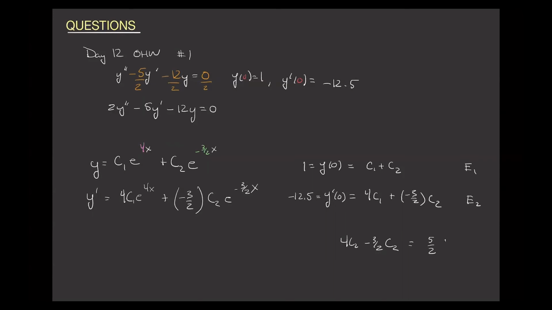5/2. c2 is equal to, you're going to have 4 times E1, then minus 12.5, and 12.5 is 25/2. So we get 8/2 minus 25/2. That's going to be -17/2 over 5/2. So c2 should be equal to -17/5. And then you can substitute back in to get c1,